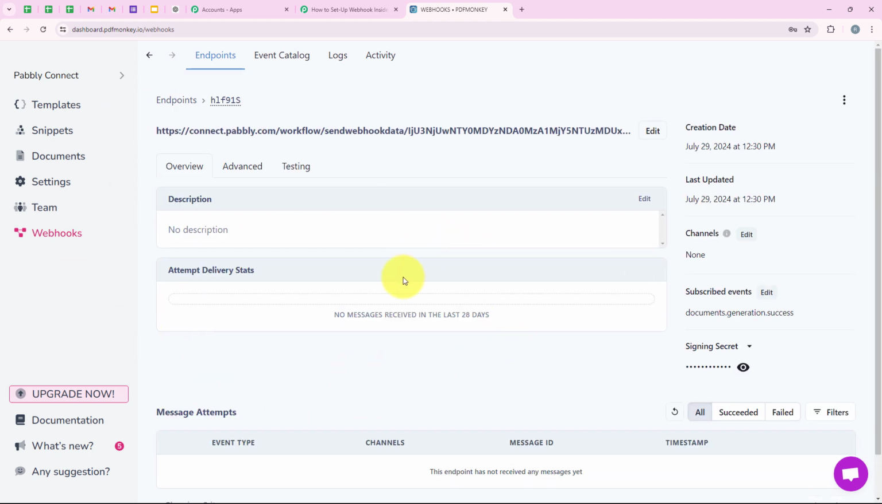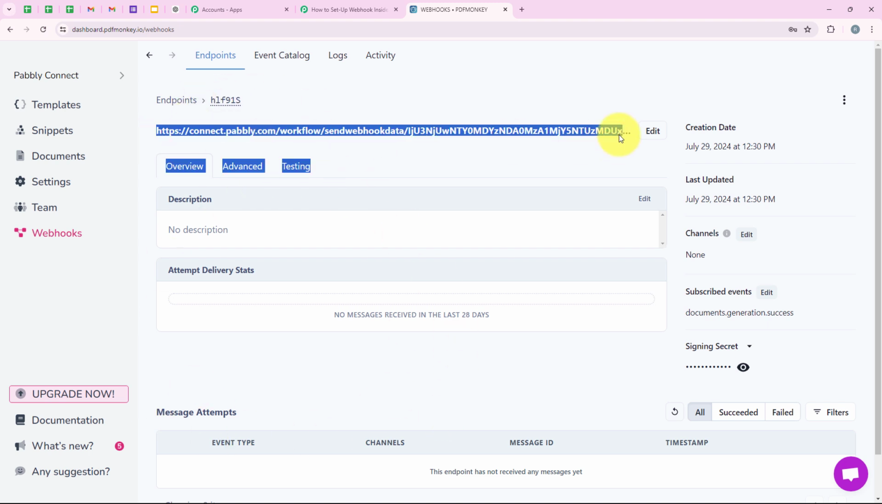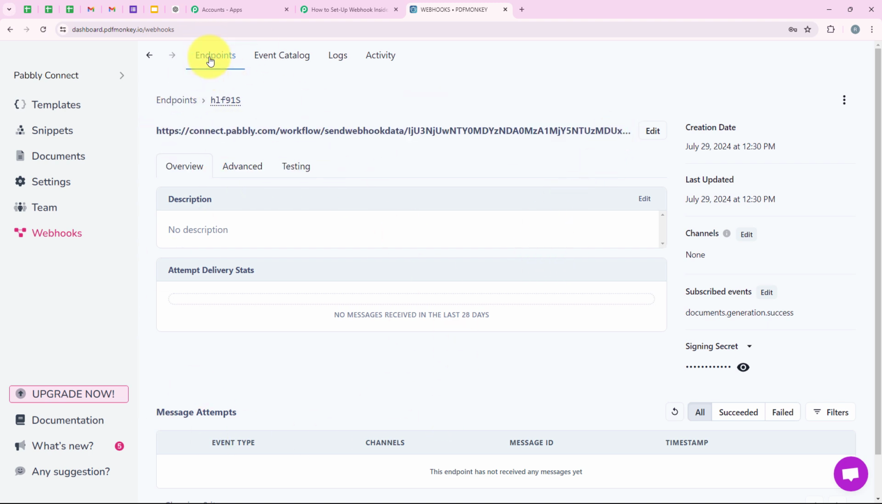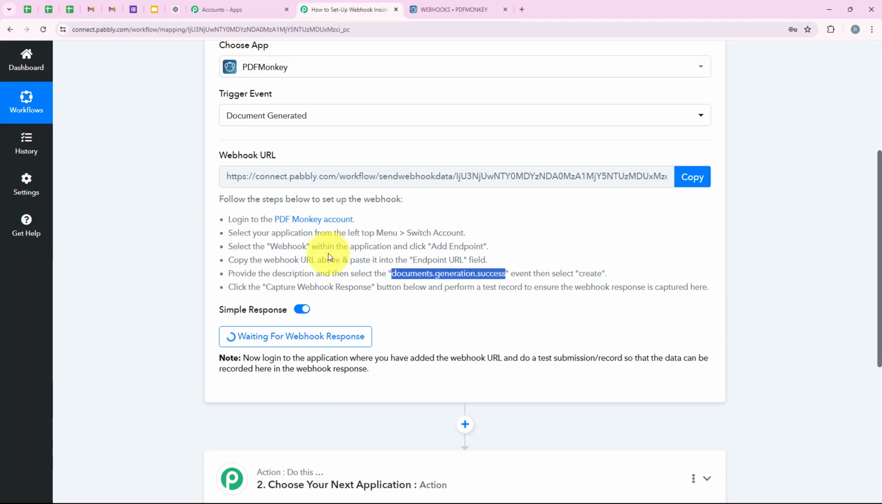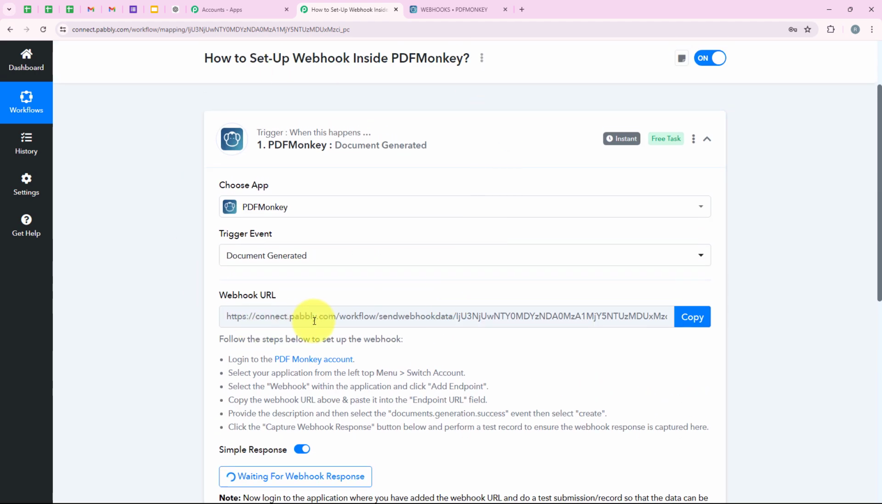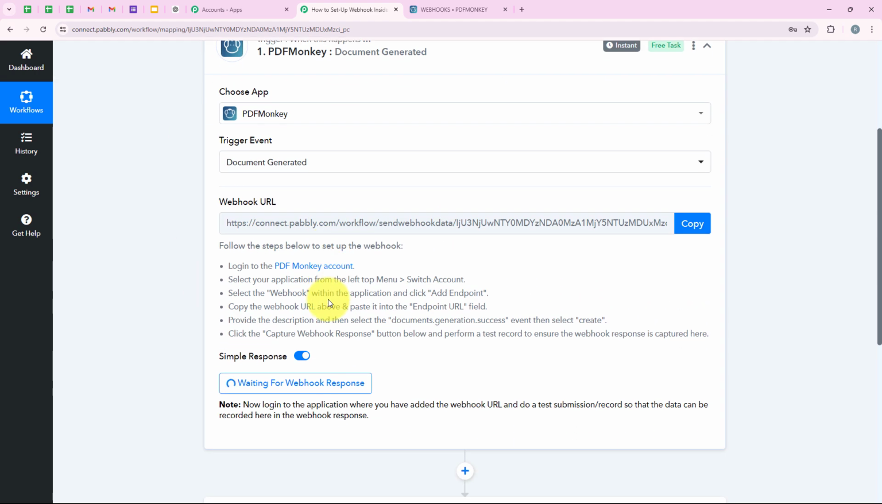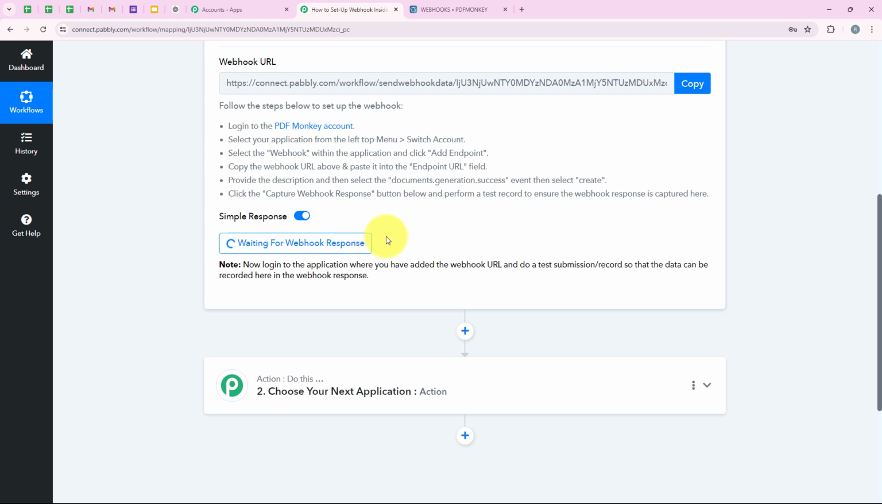As soon as we click on create, you can see that we have successfully created a connection, and over here you can see that we have successfully created a Webhook in our PDFMonkey. Over here you can see that this is our Webhook. So yes, with this we have successfully created a connection between our PDFMonkey account and our Pabbly's workflow. And now it is saying waiting for a Webhook response, and in the notes it is saying do a test